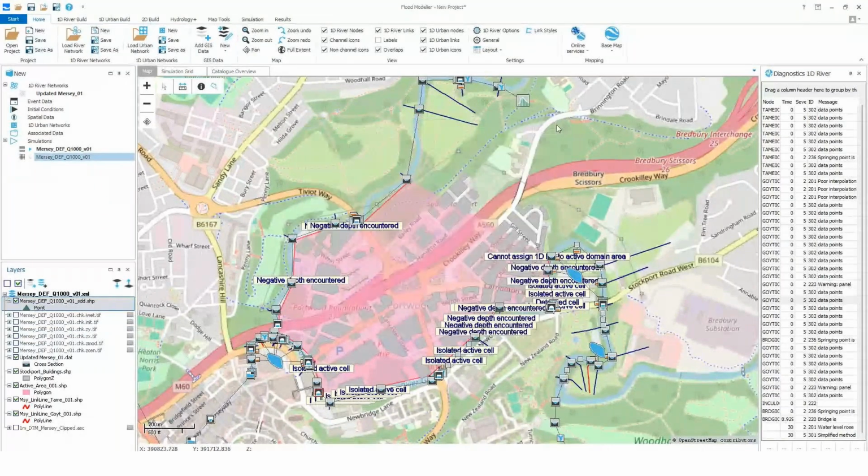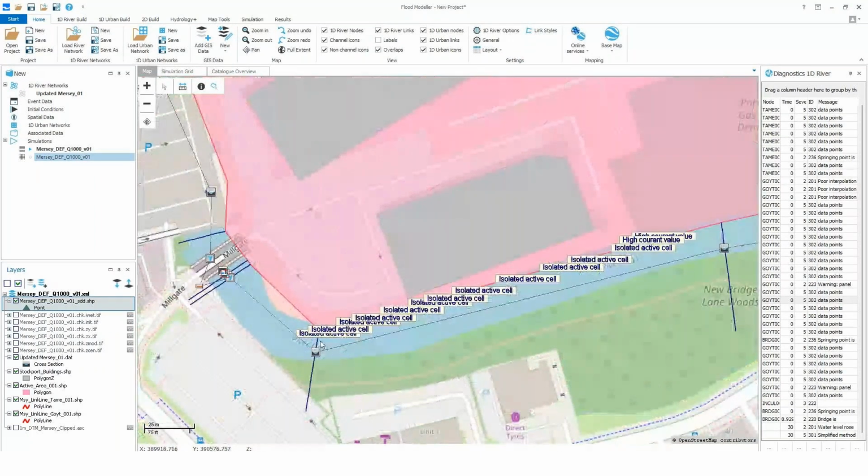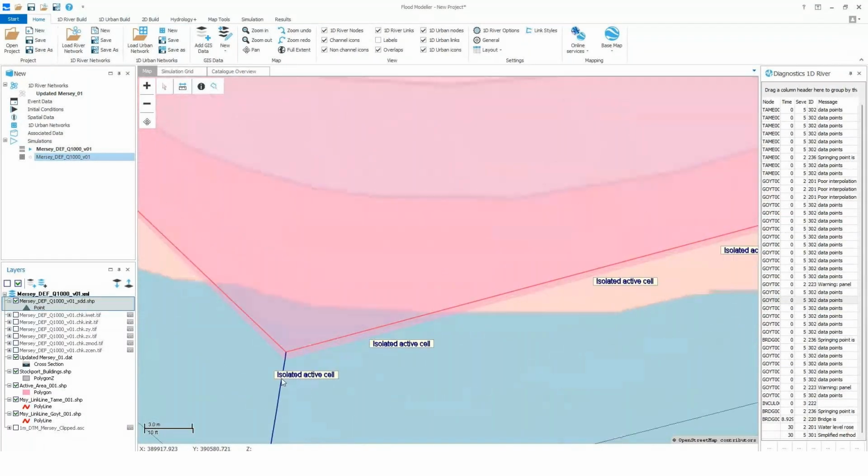As we saw earlier, our snapping down here between our active area, our extended cross section, and our link line was not done correctly by me in the previous webinar. And if I zoom into that location, we can see this isolated active cell warning message that Flood Modeler has given us. So